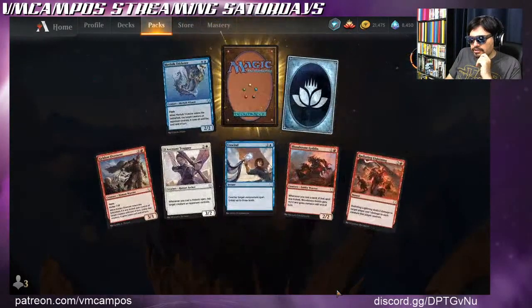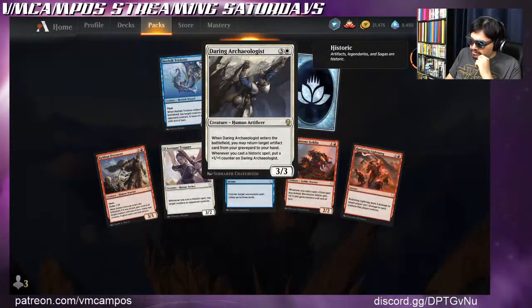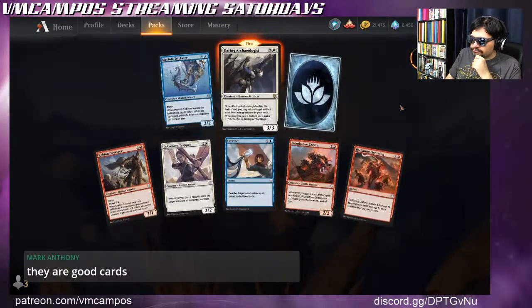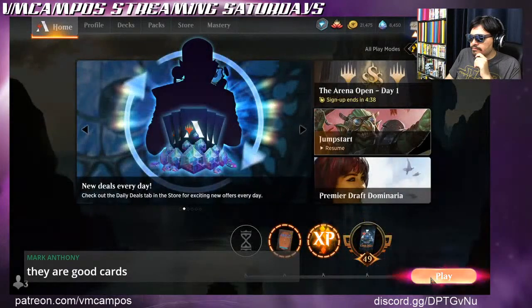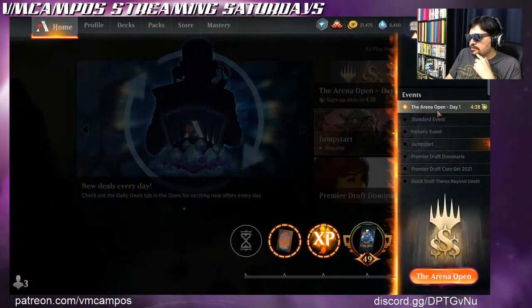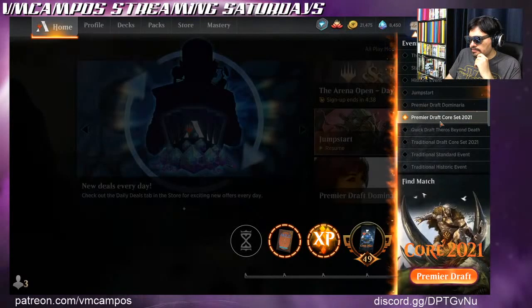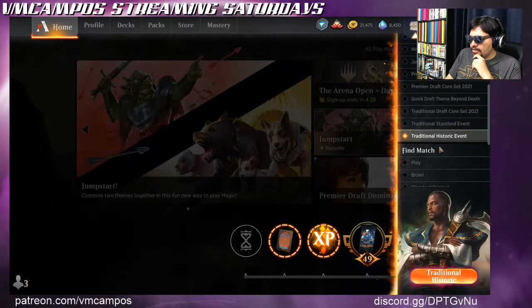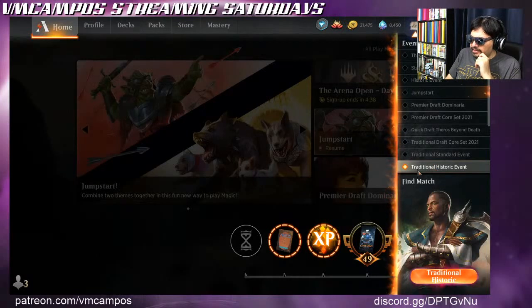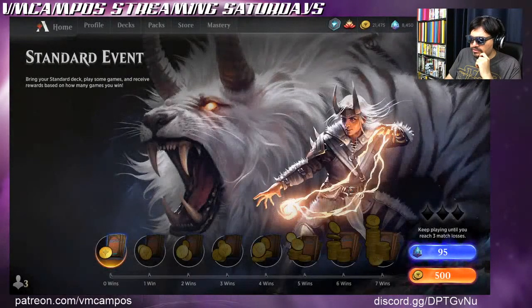And then next up, another wild card, very nice. Daring Archaeologist. Just seeing what all of the modes are at the moment. They have these modes that, like, I swear people don't play, like traditional historic event and standard event. Like, these are the ones that I think are just so long forgotten, like pay 500 to play any standard